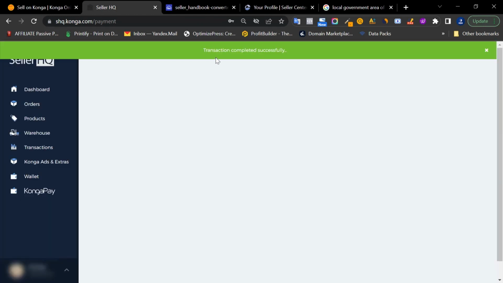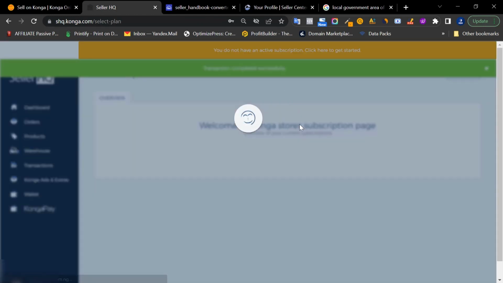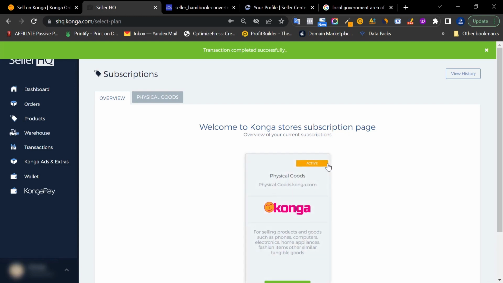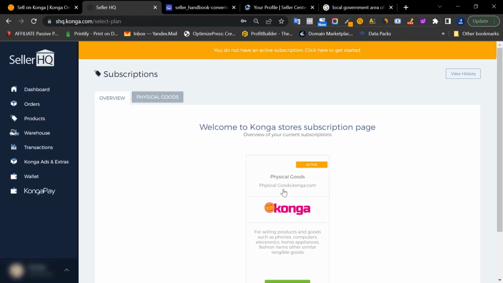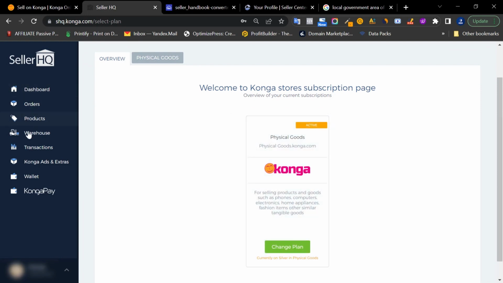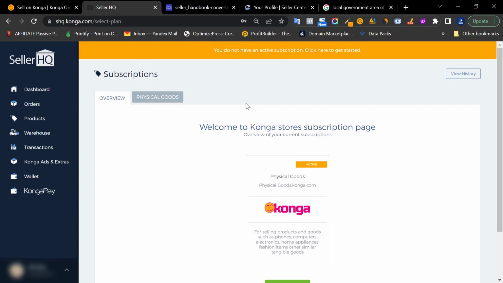All right, so you can see transaction completed successfully. So right now you have an active plan on Konga. Within the next few minutes or few hours, they're going to activate it. By then you can now start adding products to your store. But right now it's still kind of processing. That's why once you click anything, it's going to bring you down here to make payment. But you can see it's active. So in the next few hours or few minutes, they will activate your store from the back end and you'll be able to list